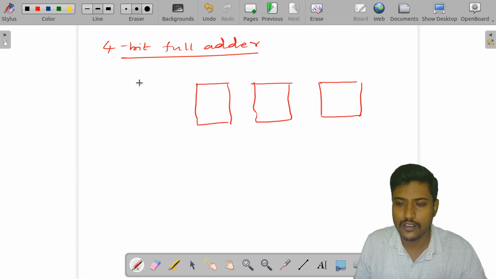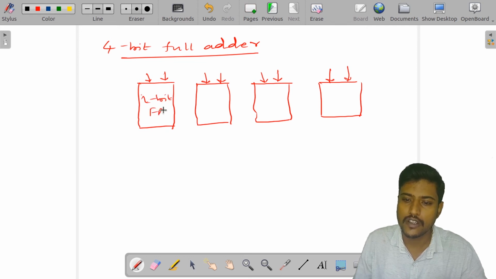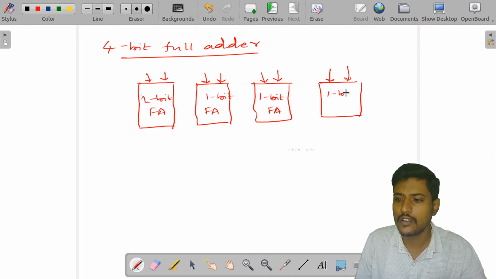1-bit adders, right. These are A, B, and this is going to be another 2 inputs. All these are 1-bit full adders. So, 1-bit full adder, 1-bit full adder, and I am having one more 1-bit full adder.